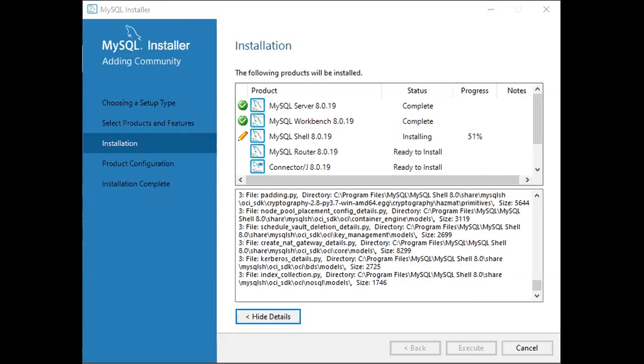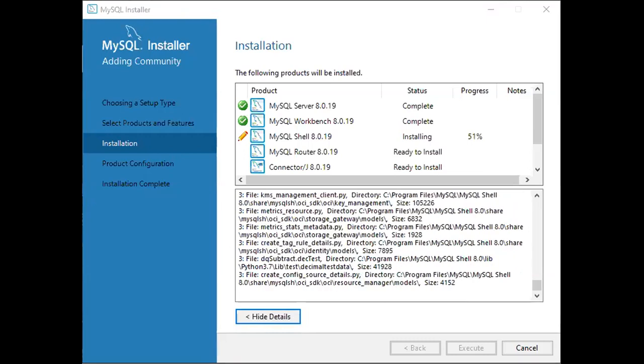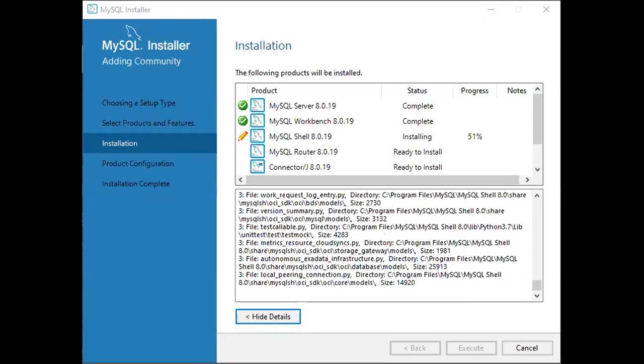So it is moving very slow, 51 only. So we have another 11 minutes.